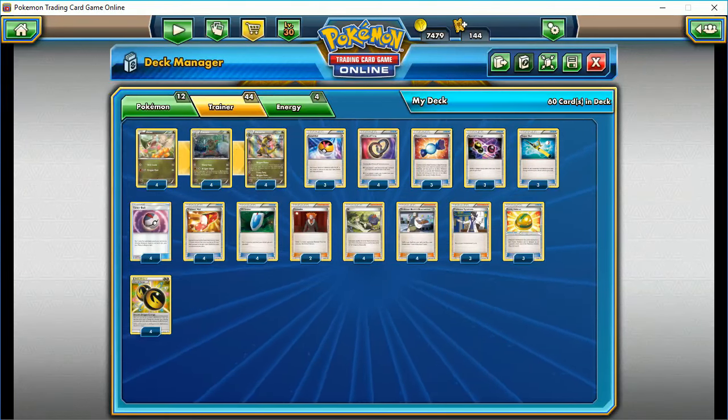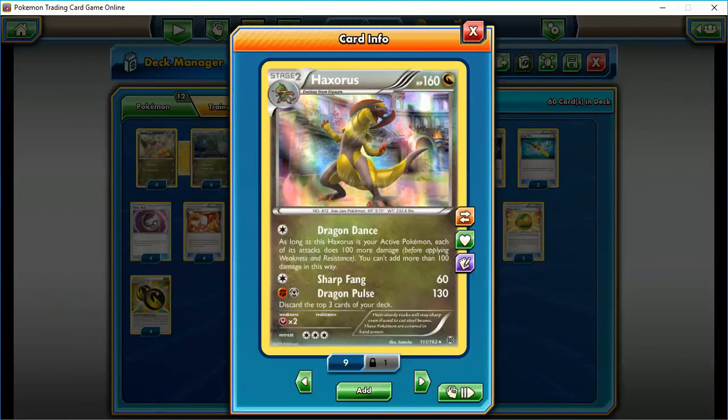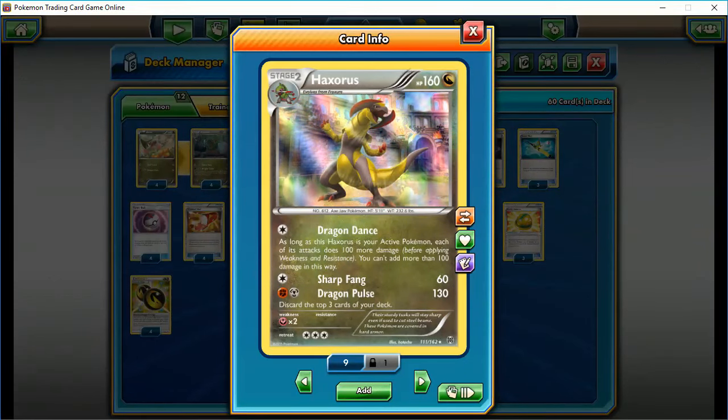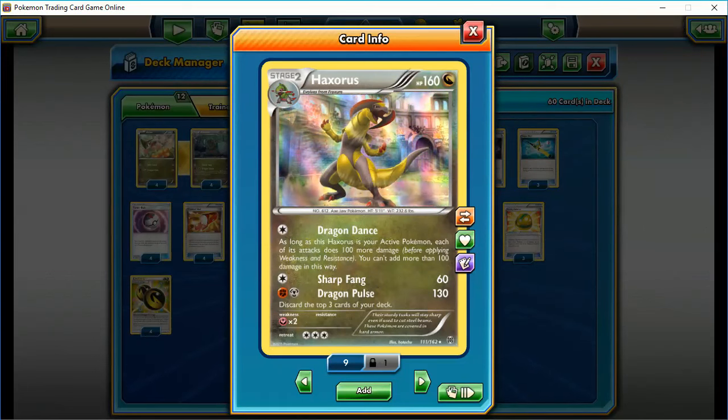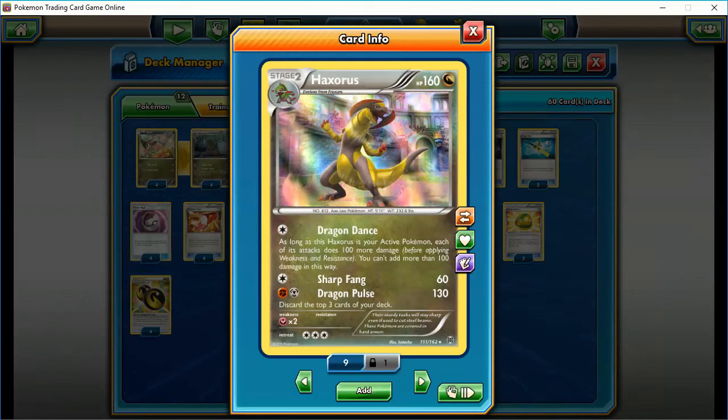But the focal point of this deck is Haxorus himself. Everything about him is the focal point. The Sharp Fang, 60 damage attack, good for smaller Pokemon. Dragon Pulse, 130, better for larger Pokemon. And Dragon Dance, which adds 100 more damage the next time you attack with this Haxorus, as long as he doesn't get moved out of the active slot, for really large Pokemon,